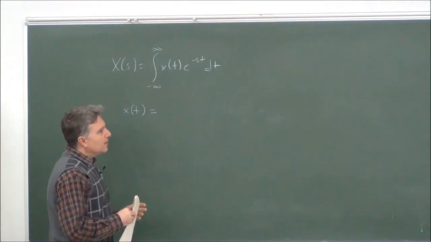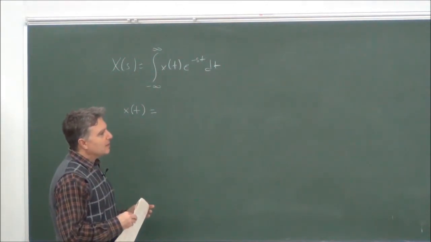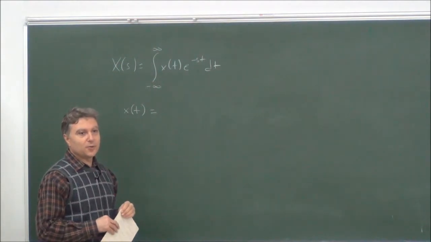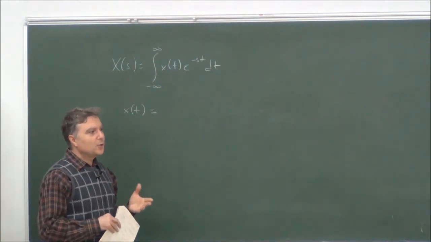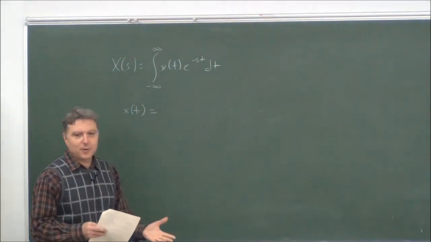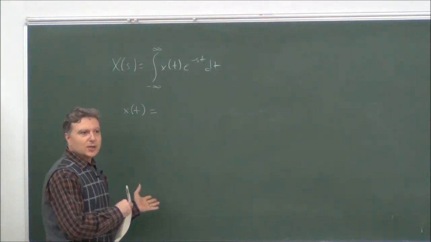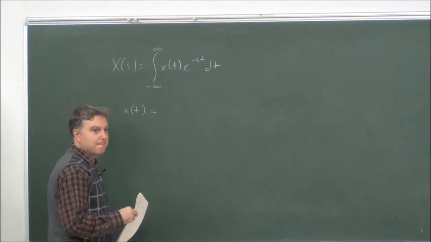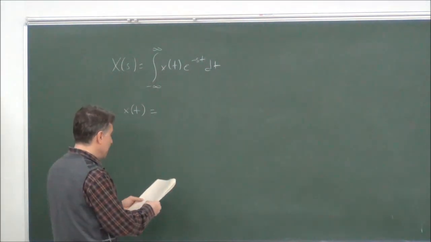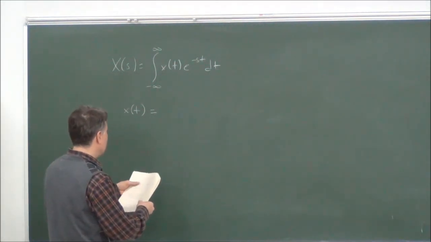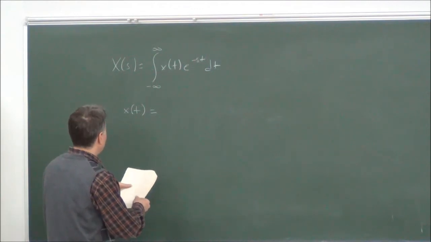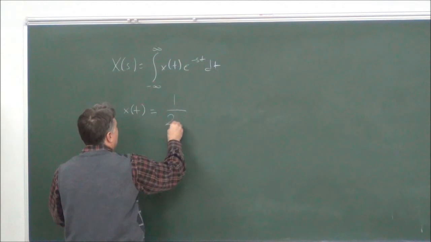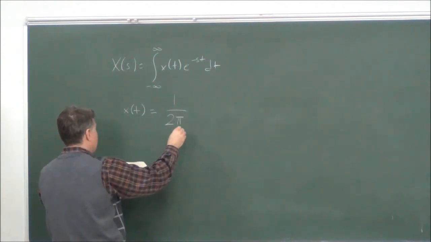But suppose that the j omega axis is not included inside your region of convergence. Then what are you going to do? You cannot even talk about a Fourier transform. Without the Fourier transform, how can you take the inverse Fourier transform? That may be a problem, but for that case, what you really need to do is find the inversion